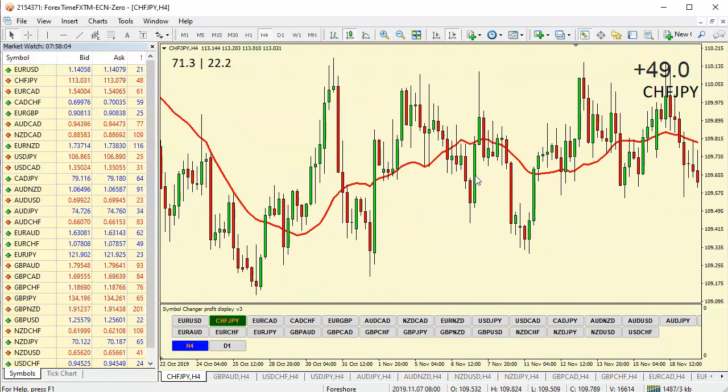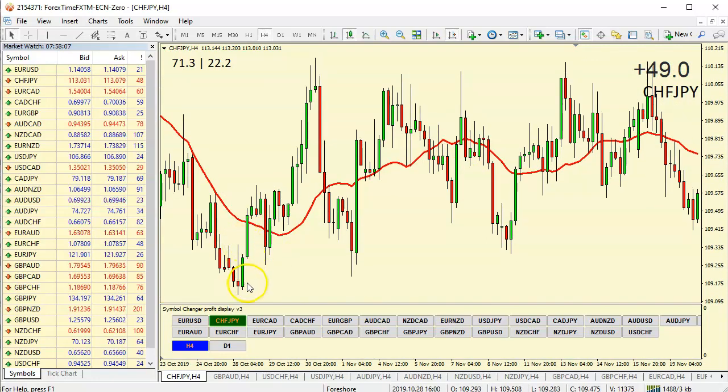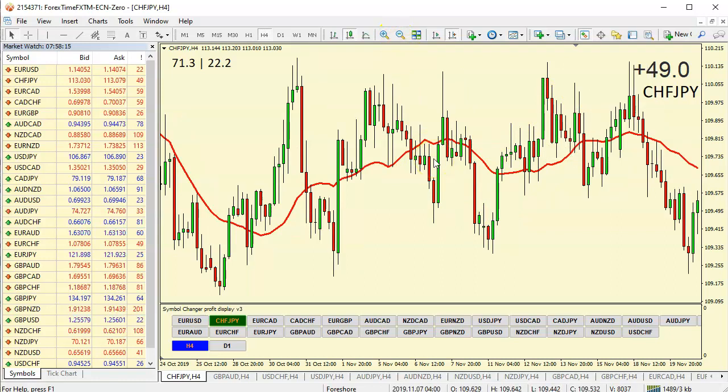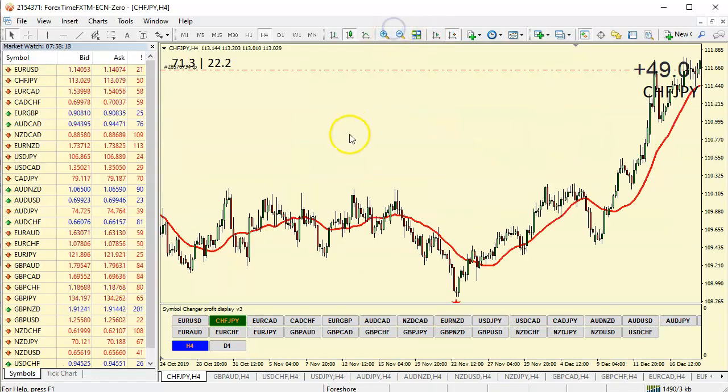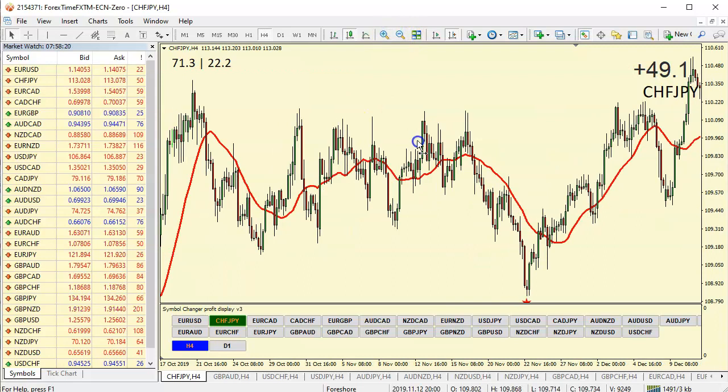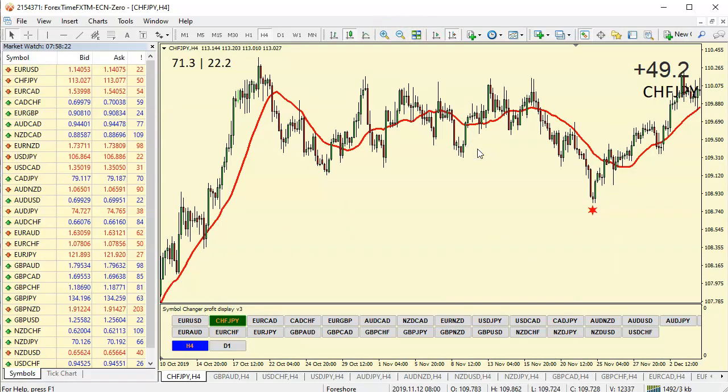Okay, this is an excellent one. Sideways market is going to give you a lot of wrong signals. So up, you may buy; down, you sell; up, buy; down, you sell; up, buy. So you want to try and avoid these periods where the market is sideways, because your trend indicator is going to fail. All right. So that's basically how you use the moving average